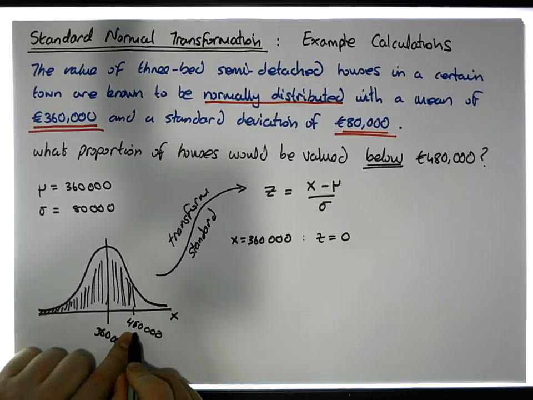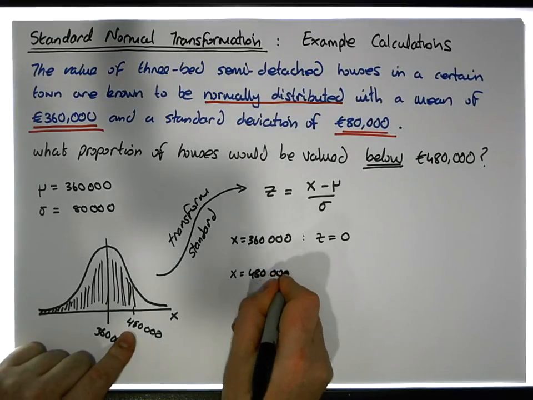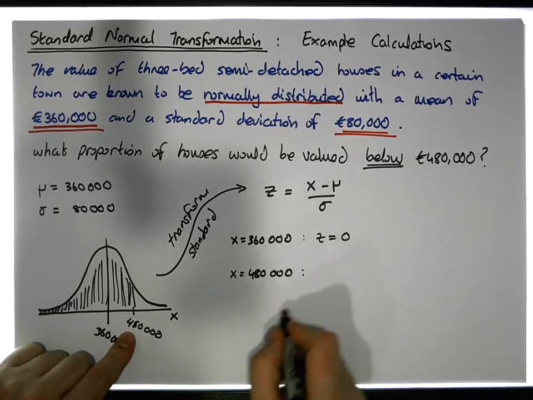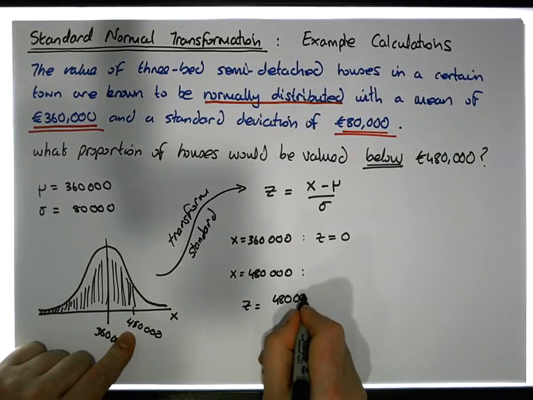So where does 480,000 go to? Well, when x is 480,000, the associated z score, the z that goes with it, is 480,000, because that's my x,